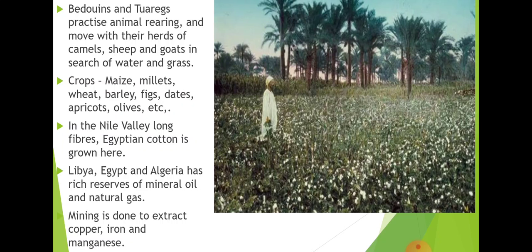The development of transport and communication has brought a change in the life of people who inhabit this region. Their life is getting changed because of the development of transport and communication. Airways are also developed, super highways are also there. Those connect the desert area to the world. And the river Nile and other inland waterways, Cairo, Giza, Timbuktu, are some of the important cities which are connected to the world,